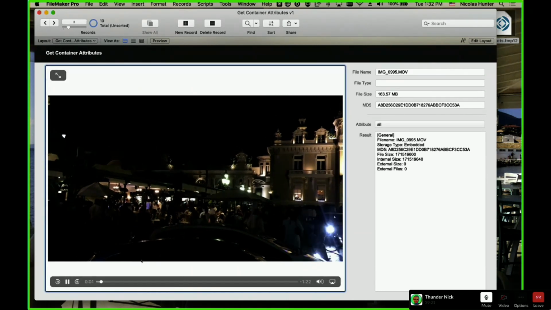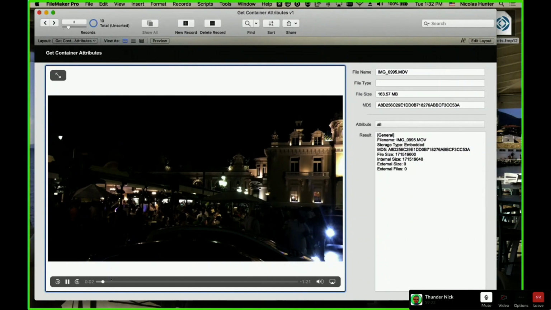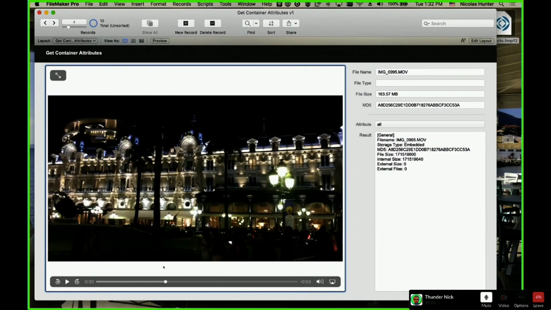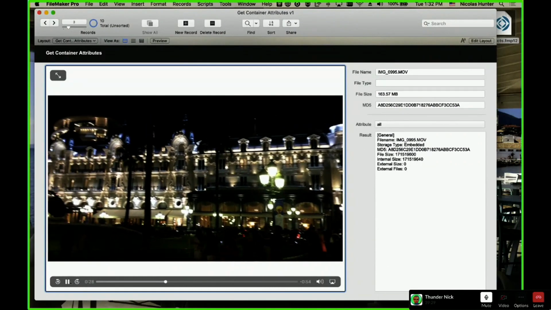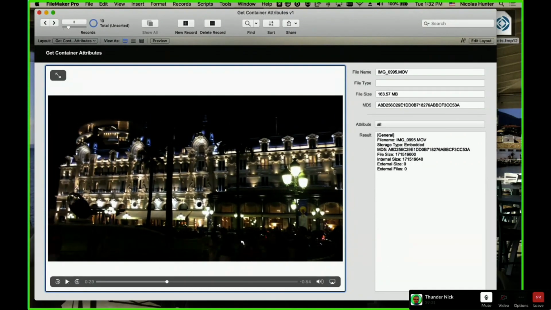Yeah, so videos, this is when I went to Monaco 2 years ago. Okay, back up. I would not stick videos in external containers as a general rule because they're going to overload your file. Videos are just fat. They're huge. If you've got a lot of video, you need to be thinking about S3 or some other storage system. So what FileMaker says about video is simple.